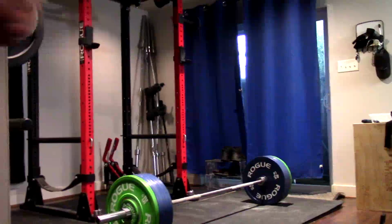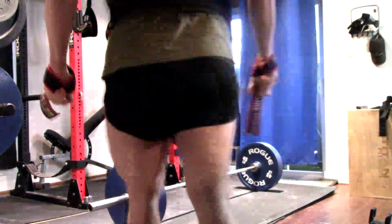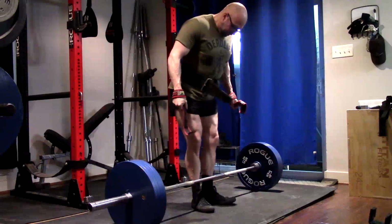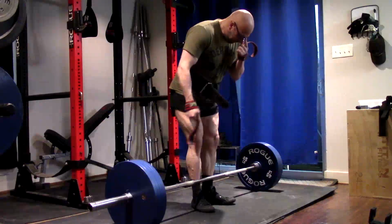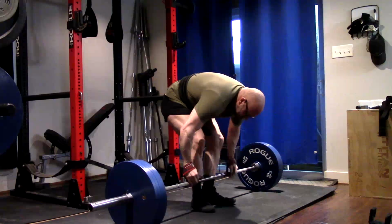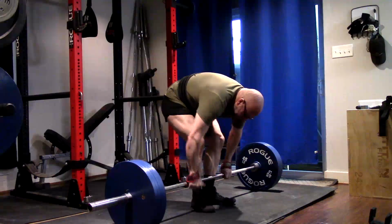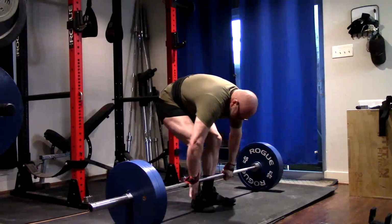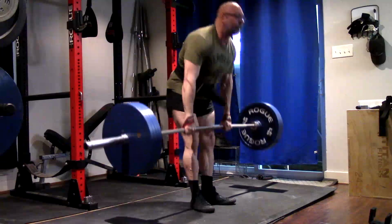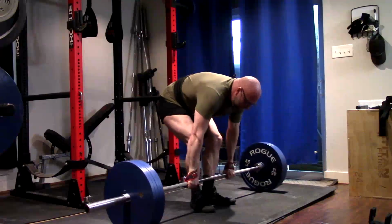But max reps are not work capacity, are they? Right? A single set is just one set. It doesn't take much work capacity to test your 1 rep max or go to all out failure or whatever on a single set. But when we start scaling across multiple sets, let's say 5 sets of 5, 5 sets of 10, whatever,